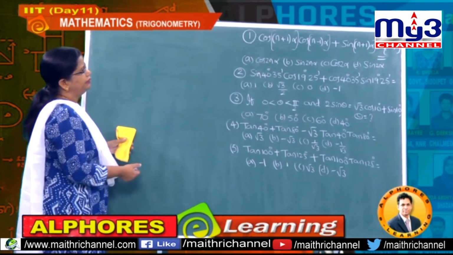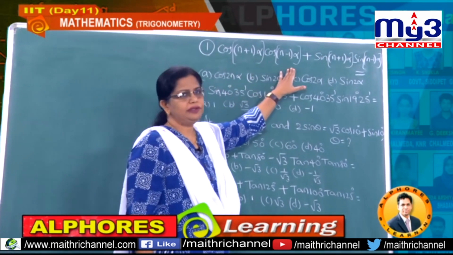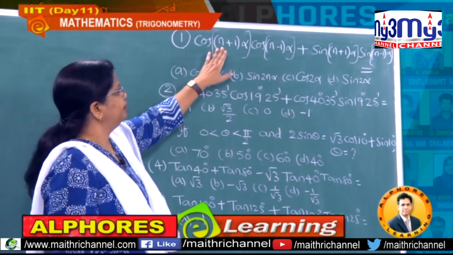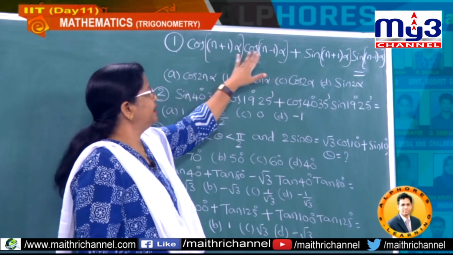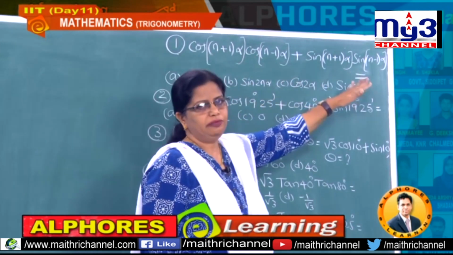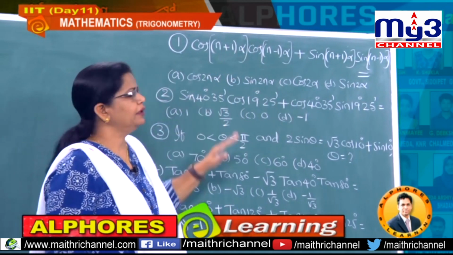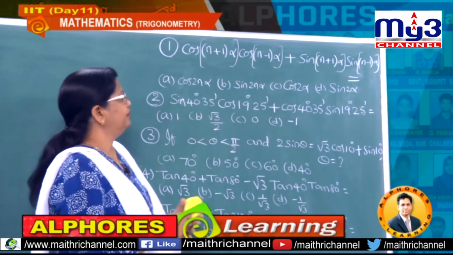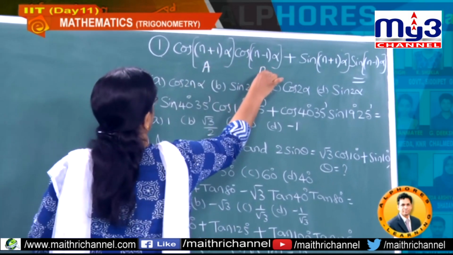So first problem is, what model it is actually? Two cosine functions and two are sine functions, and how are they also? One is this model and this other is different. If both are same, we would have written cos square, and here also both same, we would have written sine square, but these are different, understand. Once these are different, then what to do here? This is of the form cos A cos B. So this is cos A cos B.